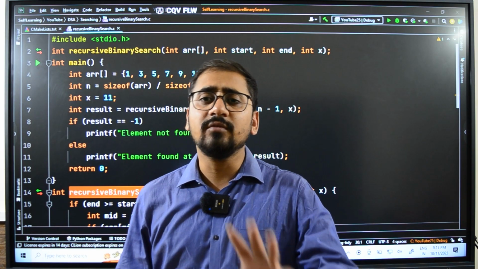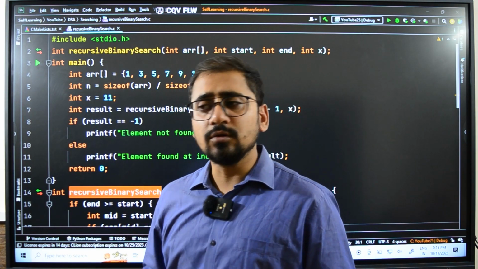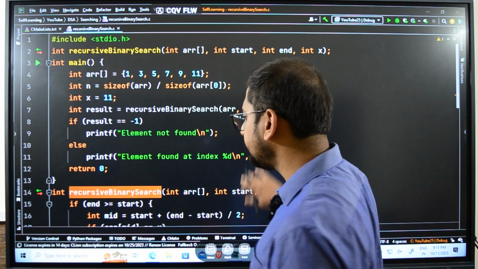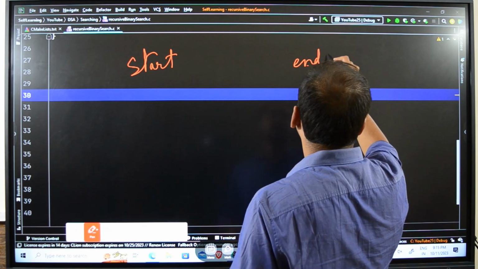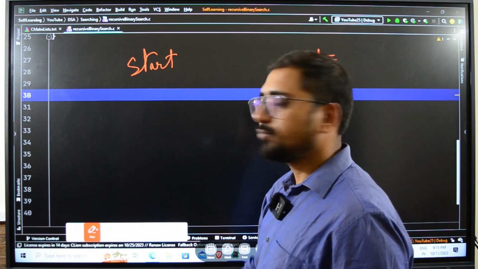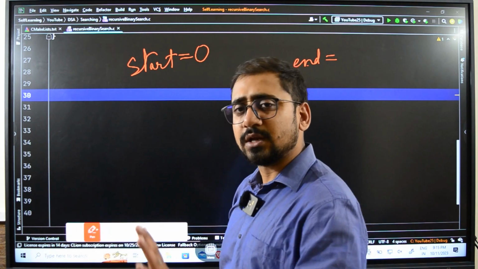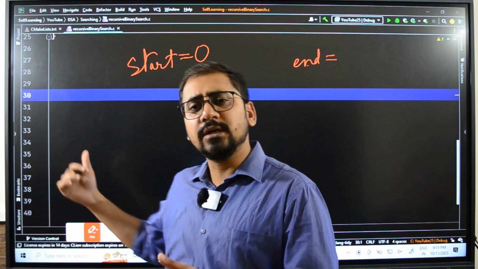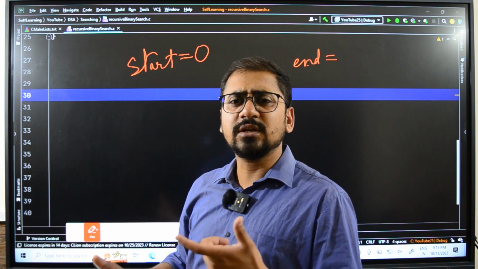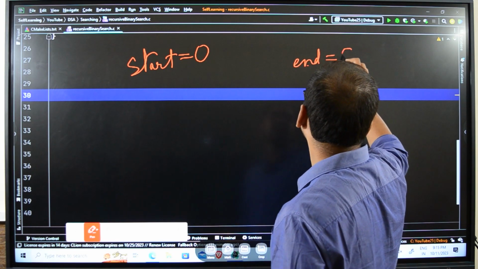Whenever we were dealing with the binary search operation, we had three different conditions, right? So what were those? Let's check it here. Every time we had one start index and one end index. Suppose the start index was always 0, and the end index was the index of the last element. Here we had 6 elements, 1, 3, 5, 7, 9 and 11, so the last index was 5.